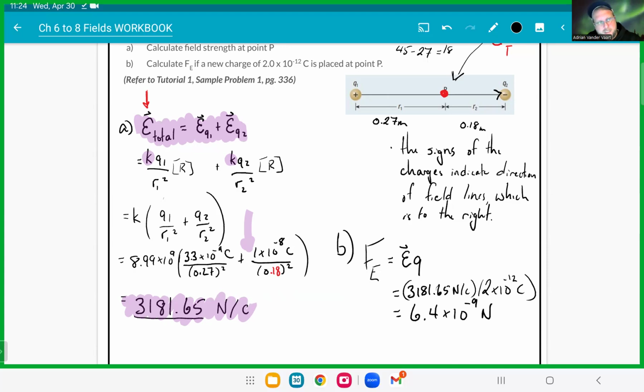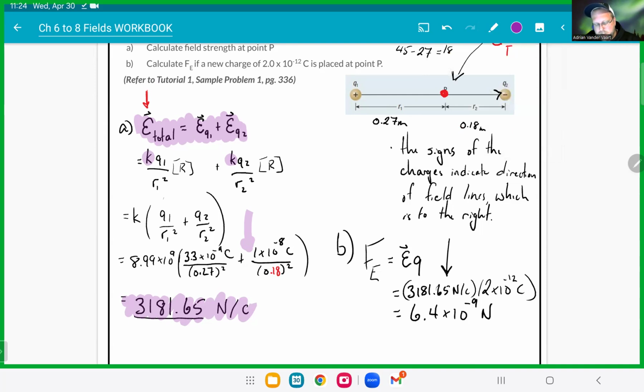Now, part B says calculate the electric force if a charge of 2 times 10 to the minus 12 were placed at point P. So if a charge is put there, what force does it experience? Well, since we calculated right here the electric field strength there,